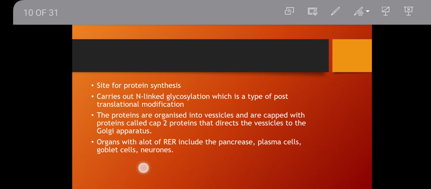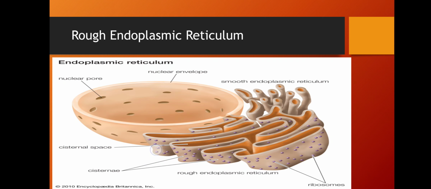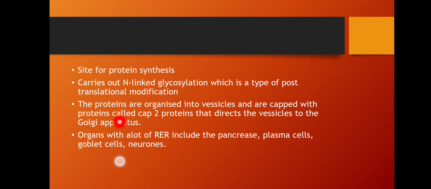Now what's the function of the ribosomes on the rough endoplasmic reticulum? The rough endoplasmic reticulum is a site for protein synthesis, which is carried out by the ribosomes. Then it carries out what we call N-linked glycosylation, which is a type of post-translational modification. The proteins are organized into vesicles and are capped with proteins called COPII proteins that direct these vesicles